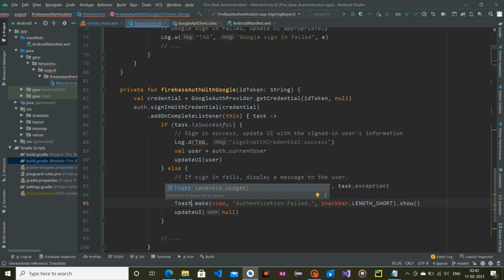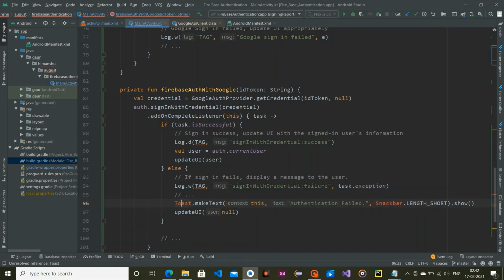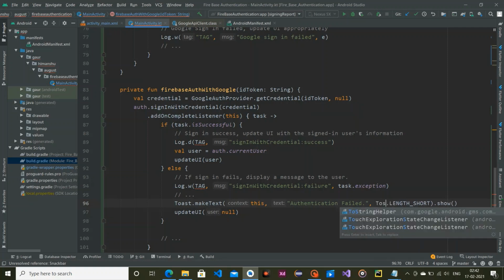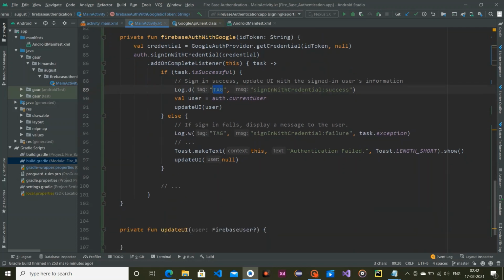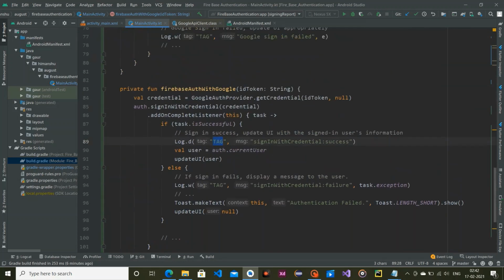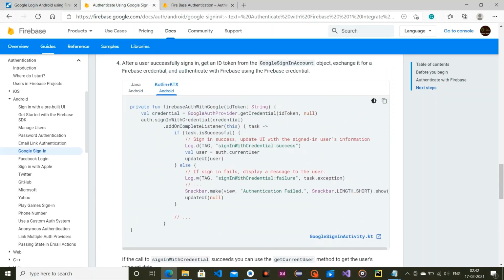So Toast.makeText, and instead of view I pass our context and remove this too. Then Toast.LENGTH_SHORT. Make this a string. Okay, everything is fine.